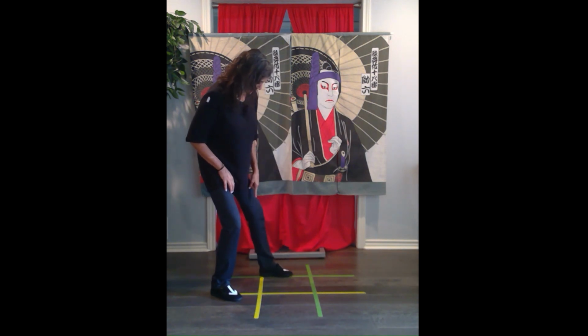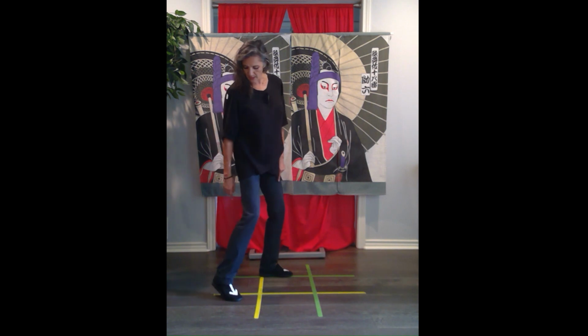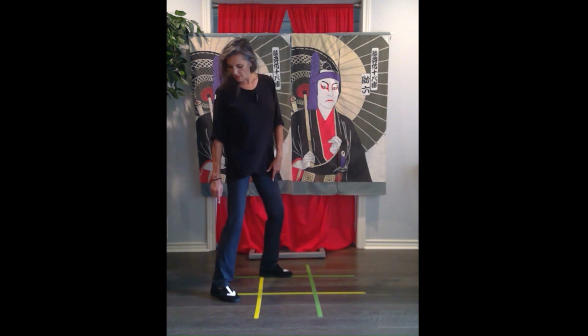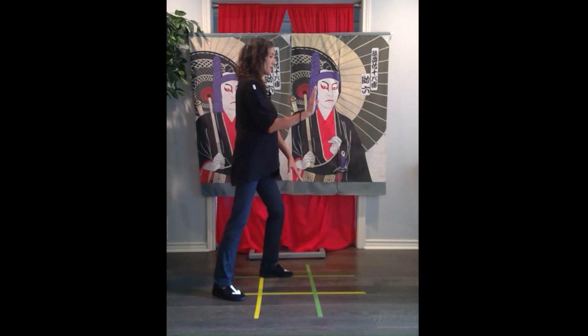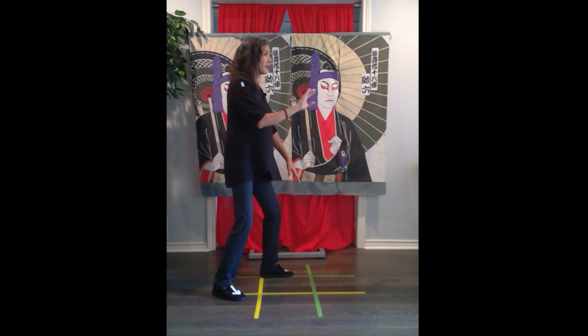My heel is on the intersection of yellow and green, and my right foot is on this end of the yellow line, brush knee left. So here is the entire movement going to the west as it would be in the form, and it's called parry, deflect, and strike. As you rock back,